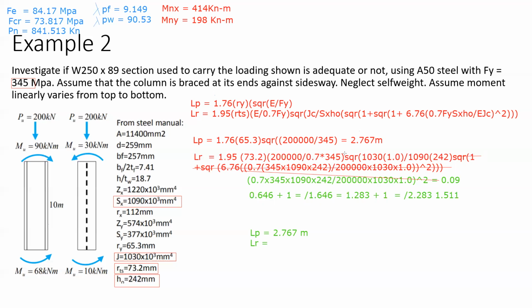You have the square root of 1030 times 1 all over 1090 times 242. Bali po, 0.062. So, ayan. You have 0.062. I-multiply na natin sa nakuha natin kanina na 1.511 times